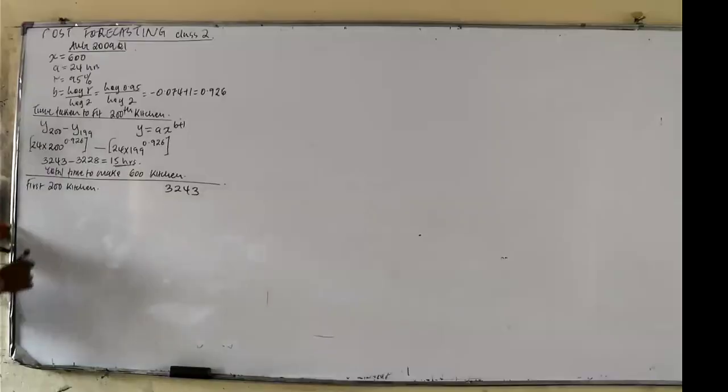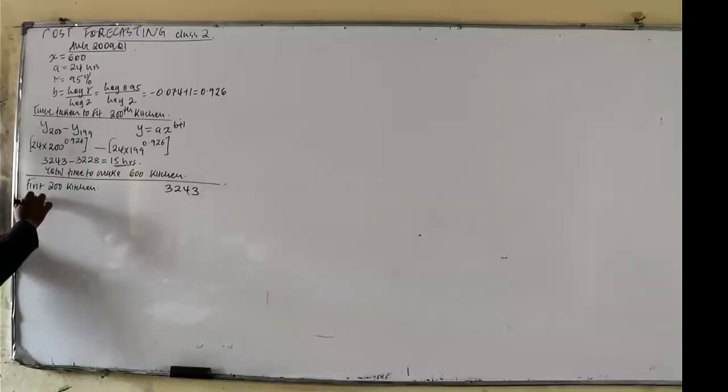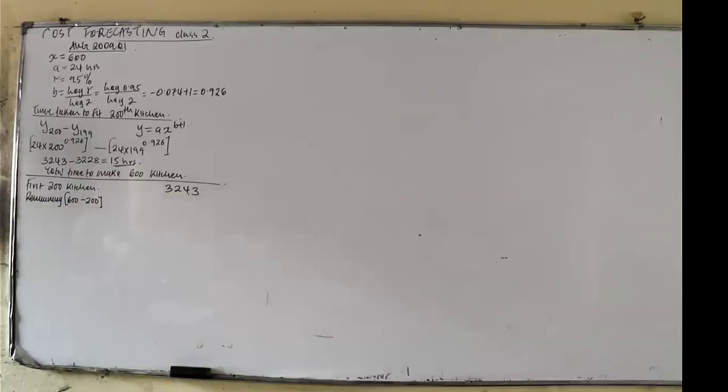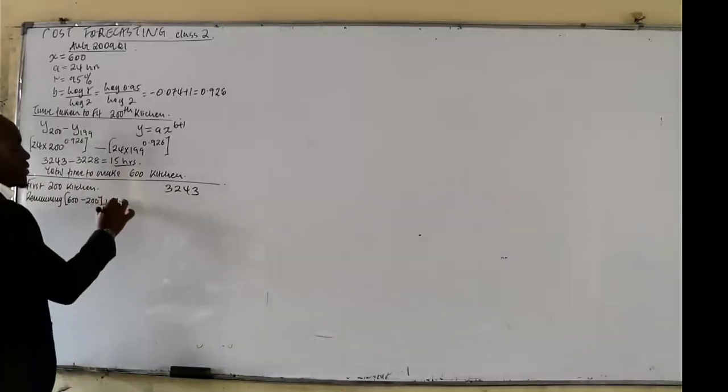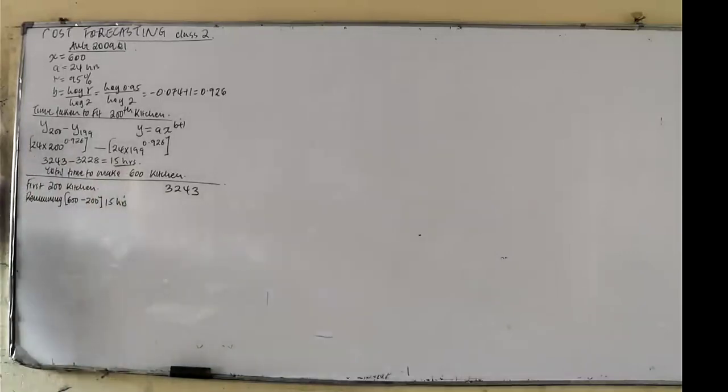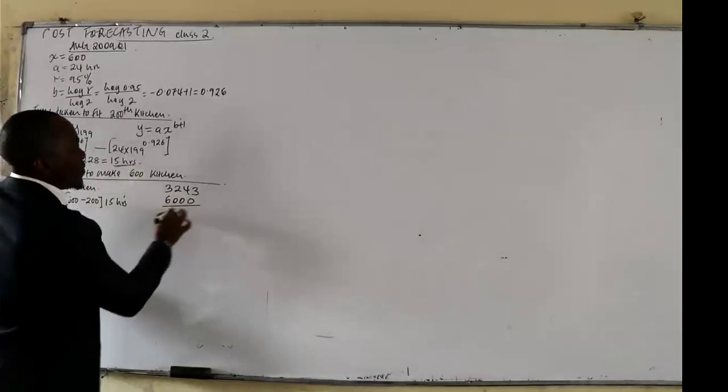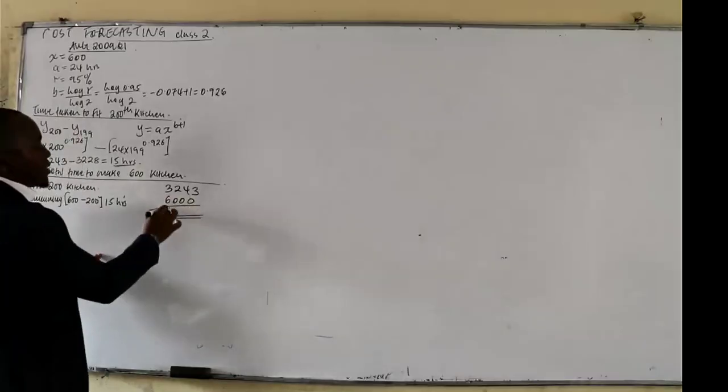So what about now the balance remaining? It's 600 minus 200. So the balance will be how many kitchens? 400. Now each kitchen will be consuming how many hours? 15 hours each. So it's 400 times 15. You get 6,000. So therefore, to make all the kitchens, it will be